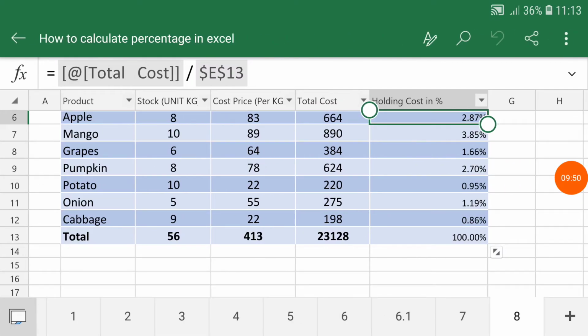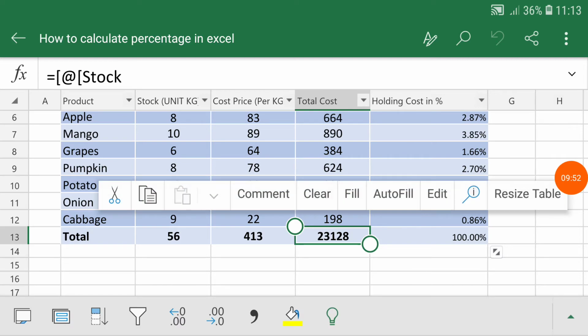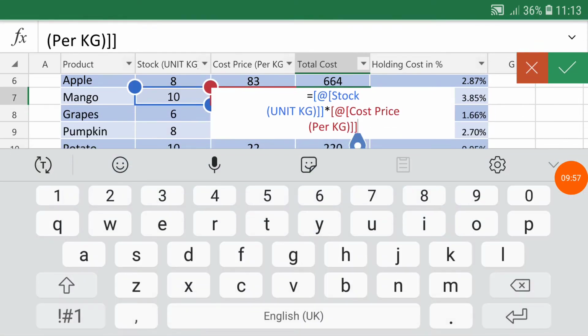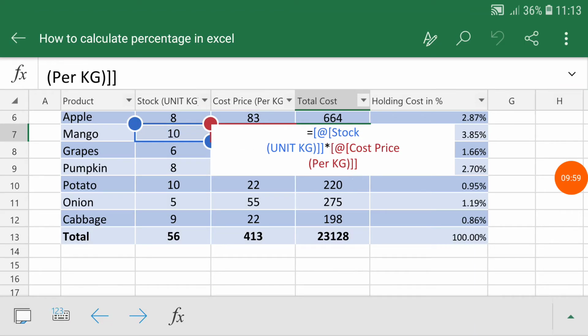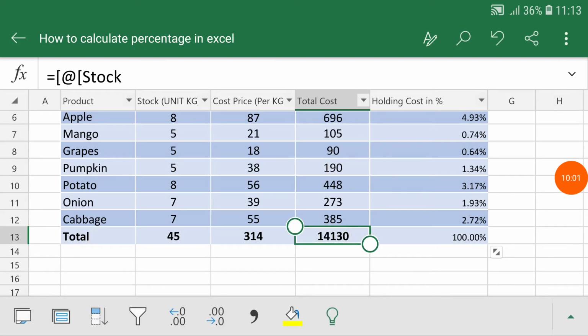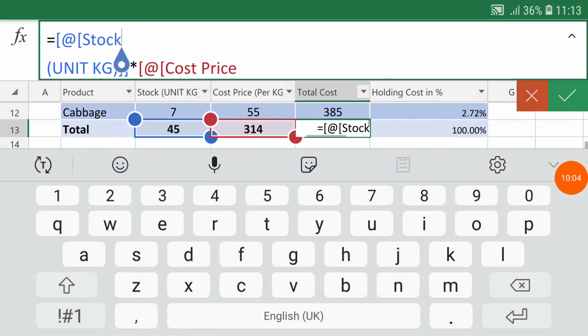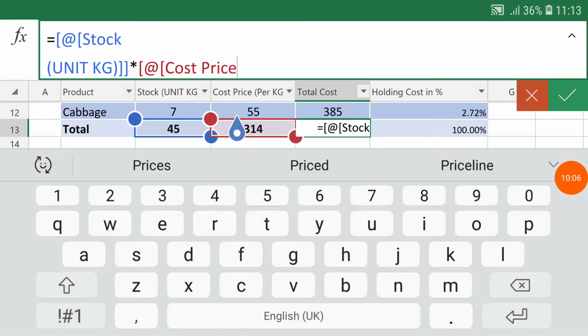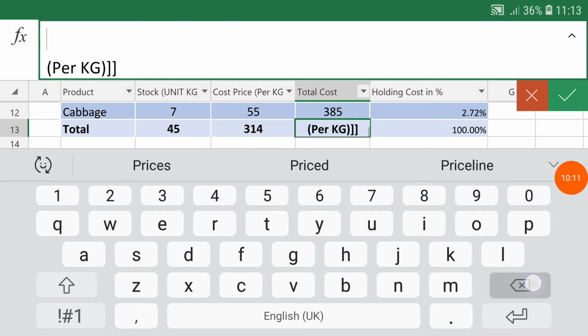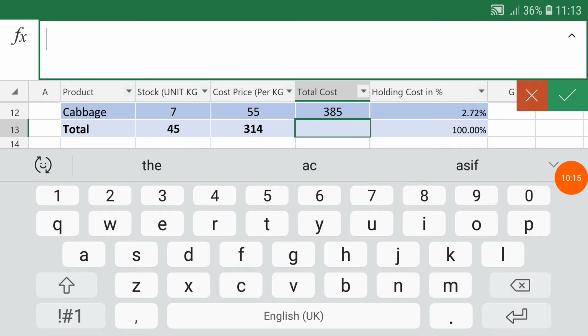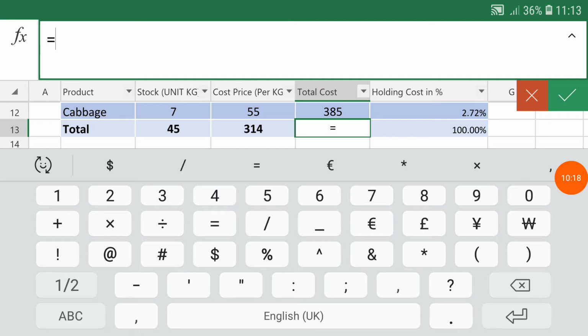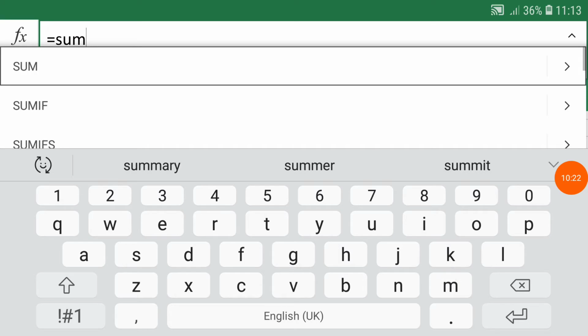Let me open this file and let me change this. What is this formula? Okay, I'm going to apply this formula as sum. I think there is some problem in this formula, so I am going to remove this formula and apply the right formula to get the right result. The formula of percentage is correct, but I think the result we are getting is not correct, so I'm going to apply the sum formula for it.